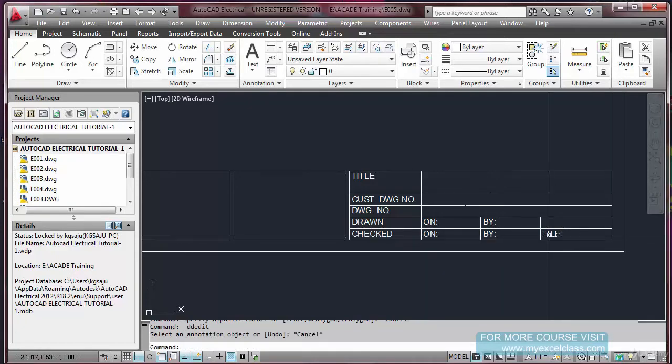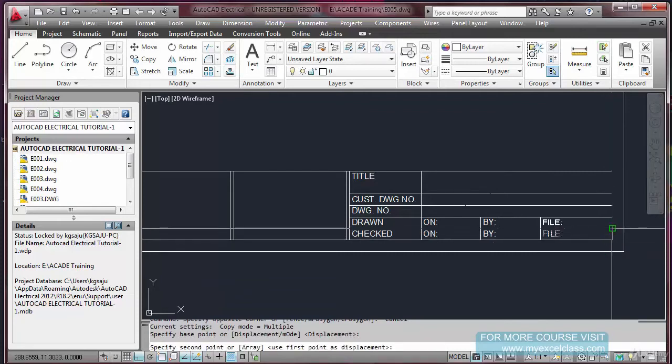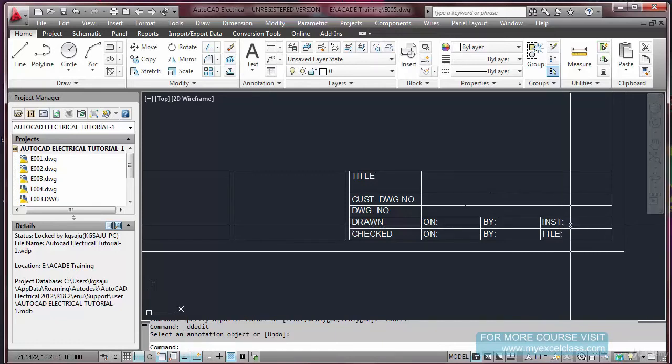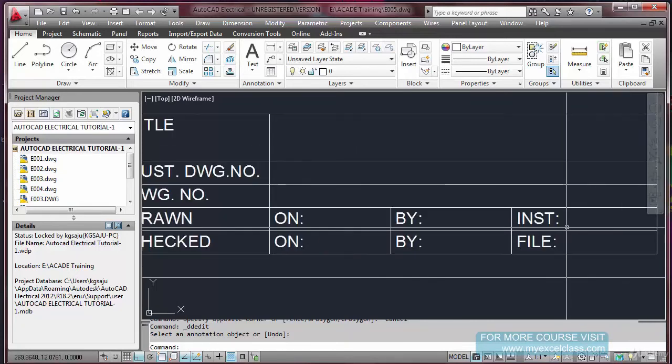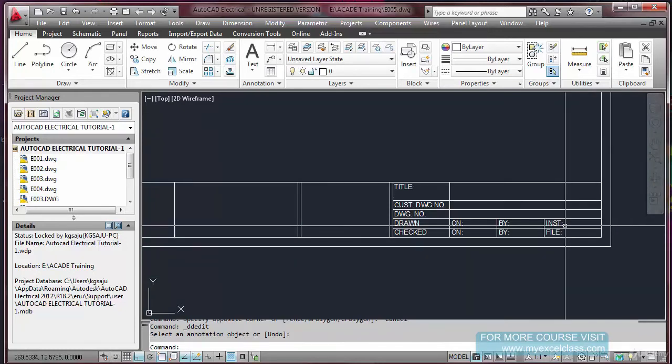And if you want to add anything else, the provision is here. For example, this installation code which we discussed so far, I mean, which panel this is, installation. So if you provide this option, it will be easy for you to identify which panel this is while generating the bill of material and all.